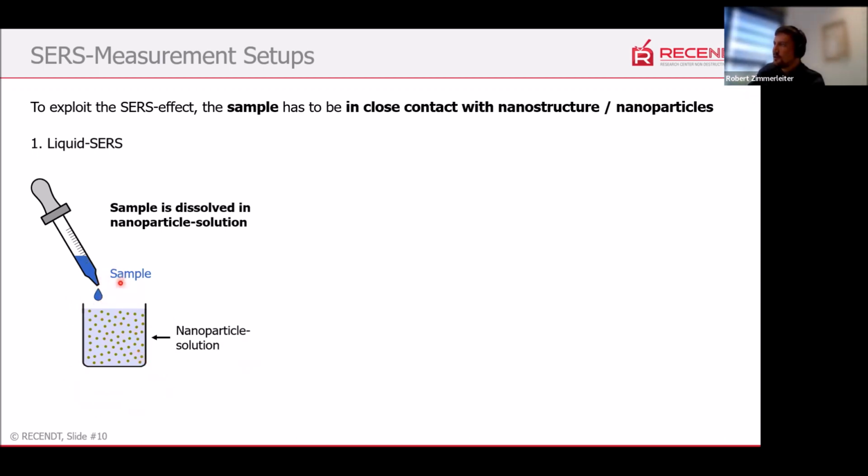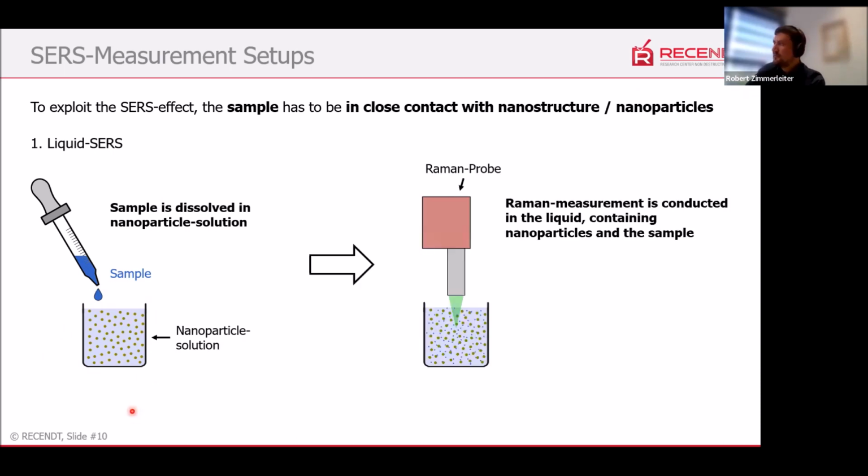And what you do is you put your sample inside this nanoparticle solution and have them mixed together. So now your sample that you're interested in is mixed in with the nanoparticle solution. And what you do now is you just make a measurement inside this solution where the analyte, so the sample, is in close contact with the nanoparticles, and you get a much stronger Raman signal this way